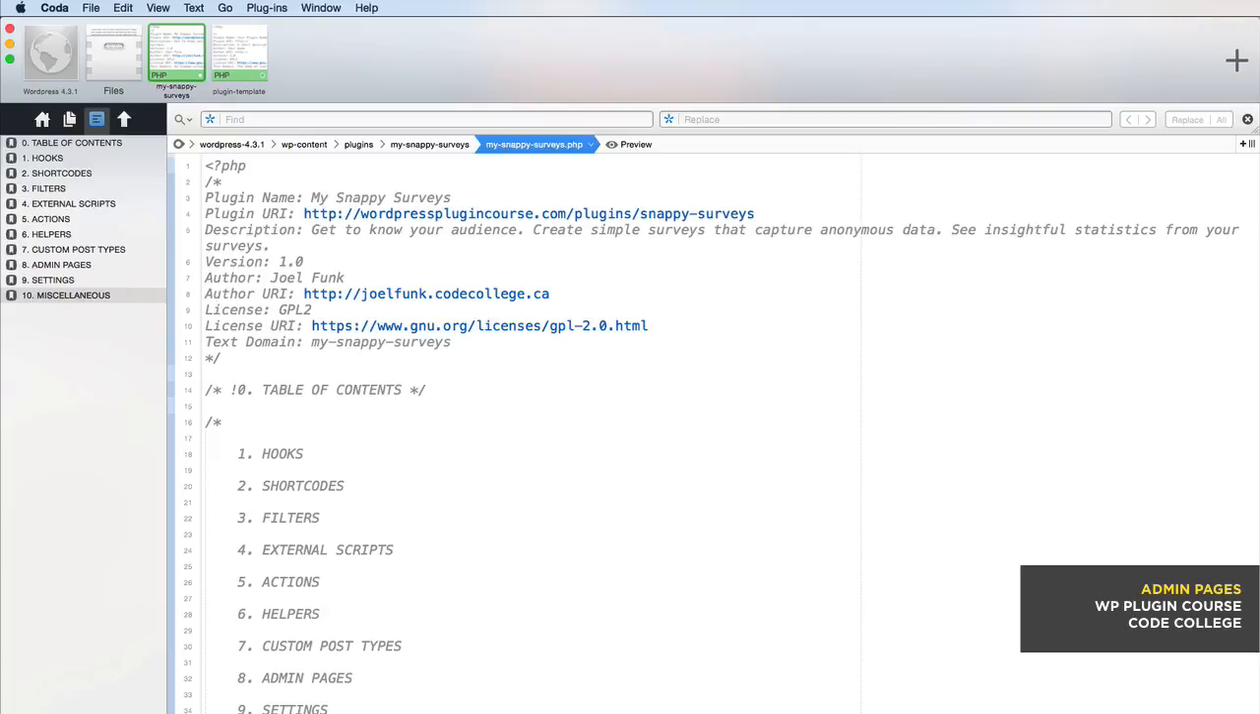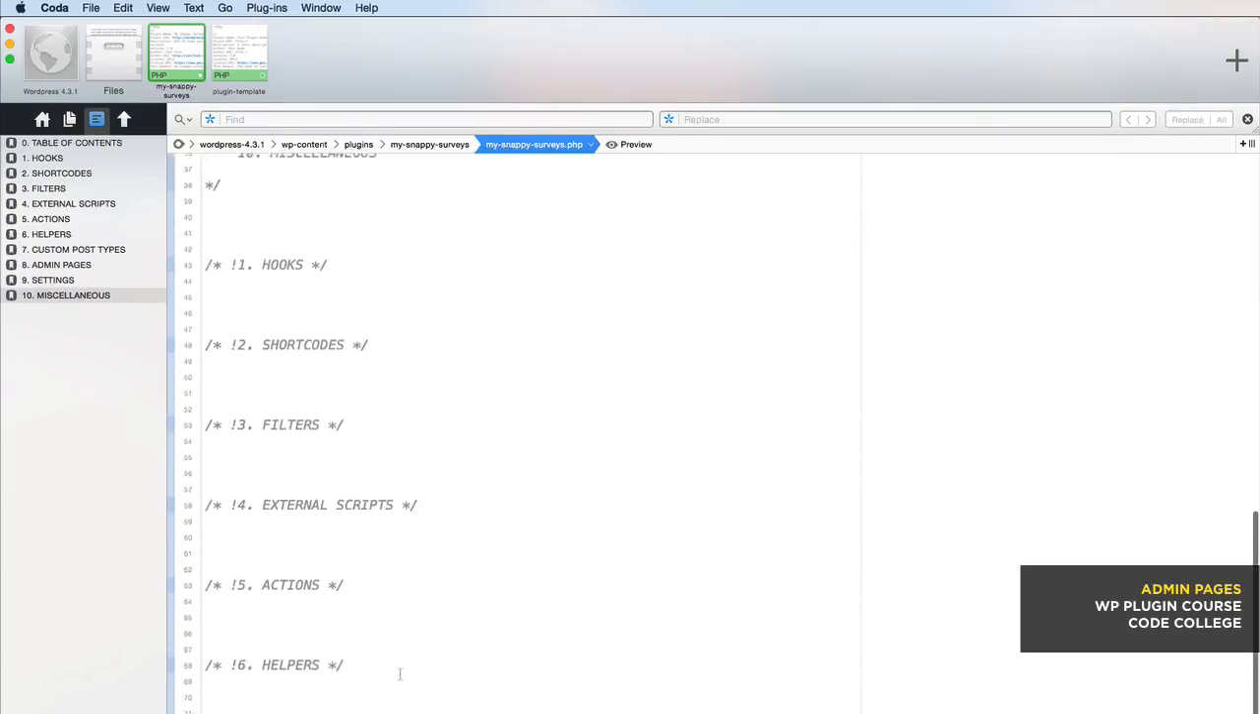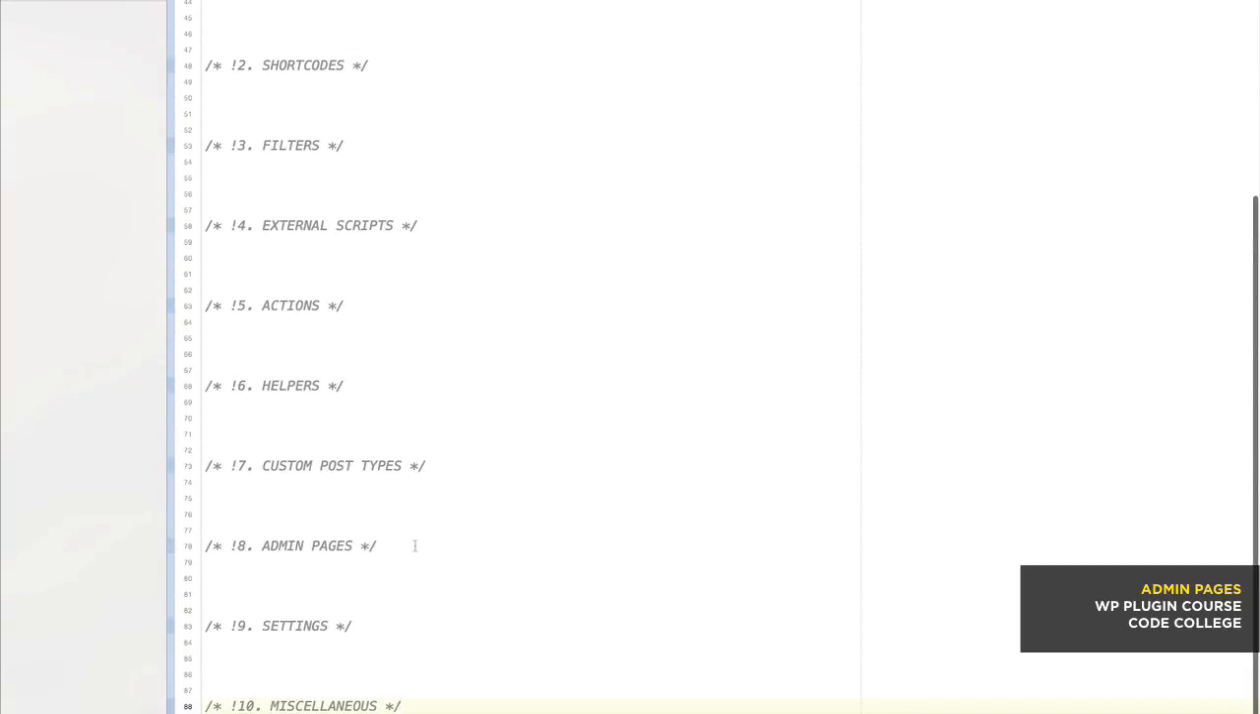All right, so what we want to do is create some custom admin pages. To do that, we're going to navigate to the admin pages section, which is section 8 here. So I find section 8, I'm going to hit return a couple times, and I'm going to create a new function. To keep everything organized, I'm going to name this function just in the comments here, function 8.1,